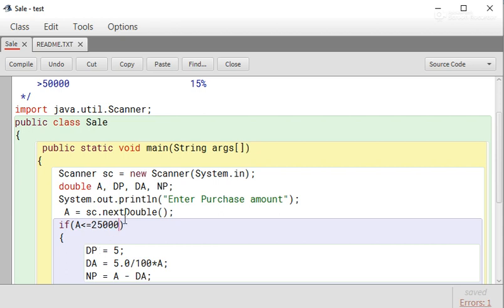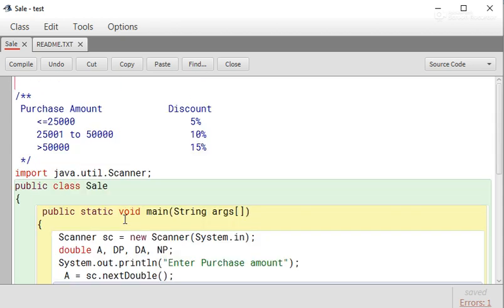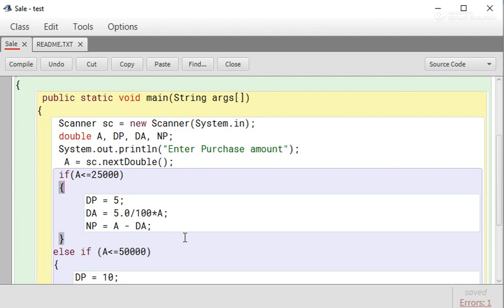As per our question that is given above, in case of 25,000, there will be 5% discount. So in this condition, we have written that if a is less than equal to 25,000, then dp equals 5. That means discount percent equals 5.